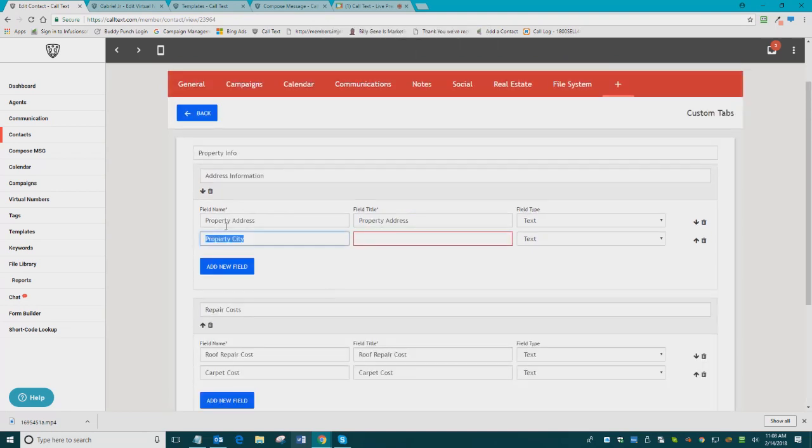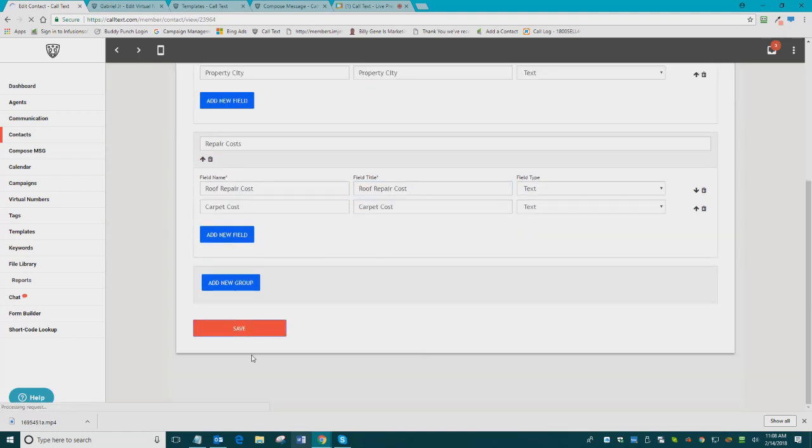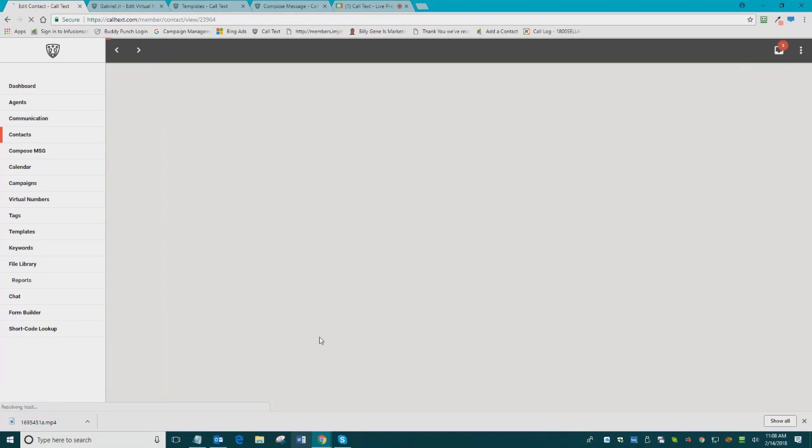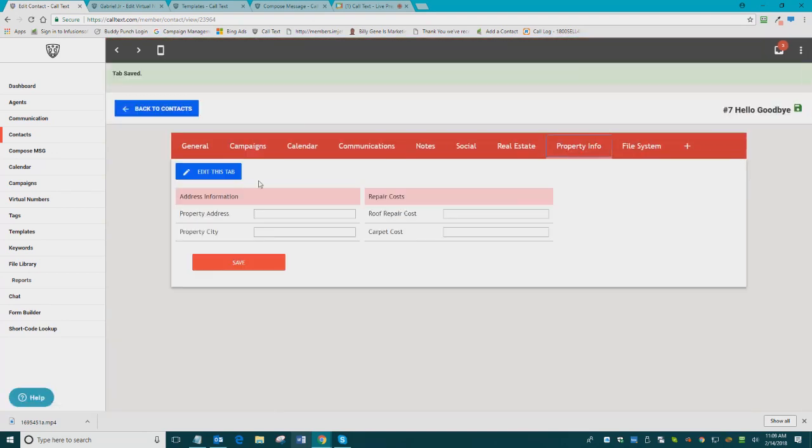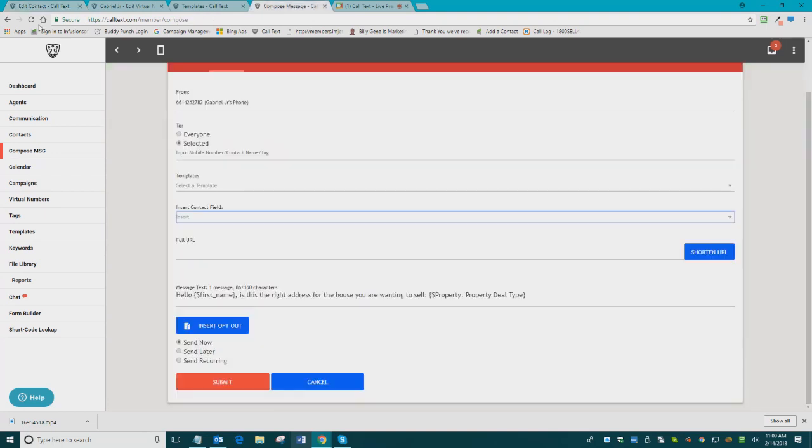Oh, forgot to grab that one. Save. So now I have my property info tab, and then I have the address information and the repair costs. So going back to that example when I said I can send out that property address information inside of a message, if I were to come back,